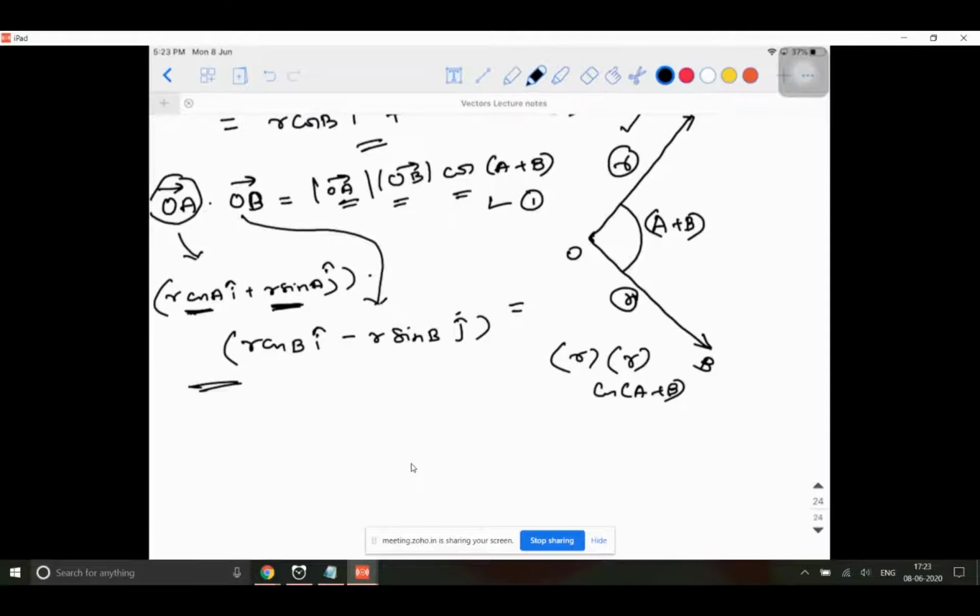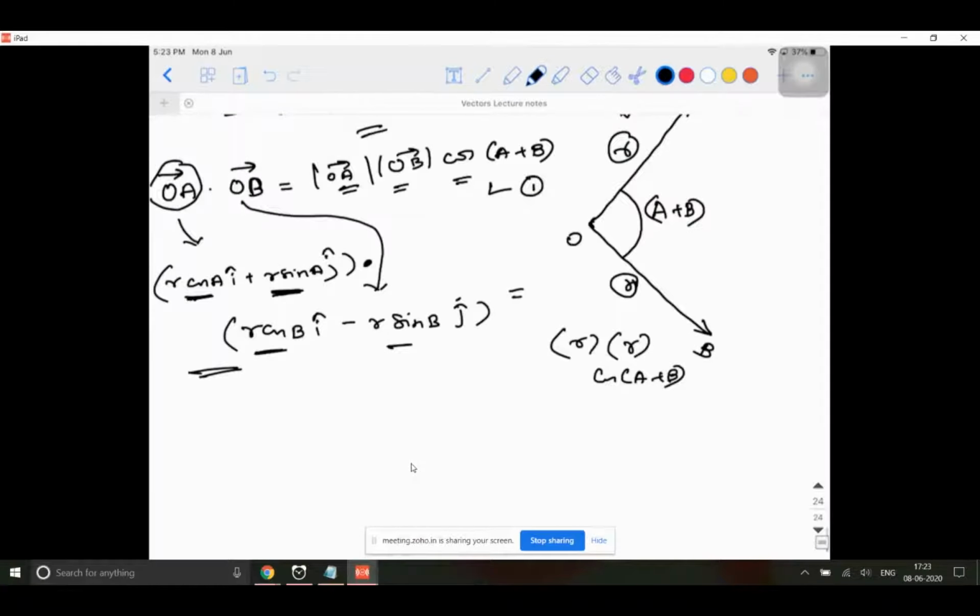Right? So I have this vector. It is like i cap plus j cap dot i cap minus j cap. So what should I do? I should multiply the coefficients. When I do the dot product between two vectors in the standard form, I need to multiply the coefficients of i cap and j cap. Am I right? So what will the answer be here? It will be r cos A into r cos B. It is r square cos A into cos B. Okay, am I clear? Plus r sin A into r sin B with a minus sign. So it is minus r square sin A into sin B.